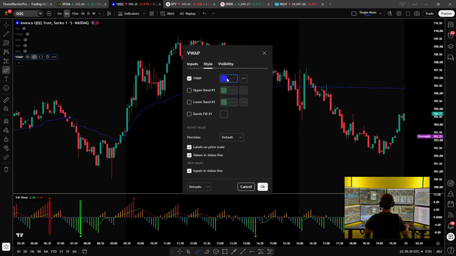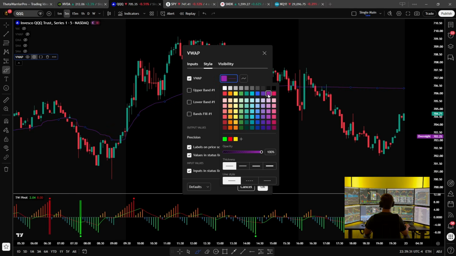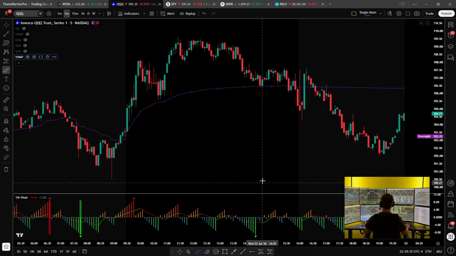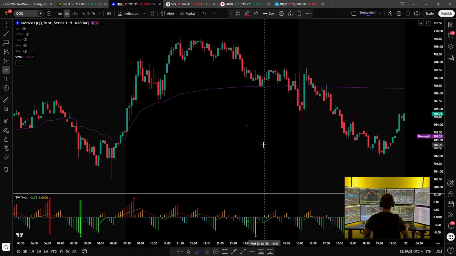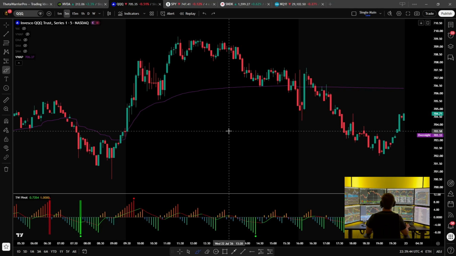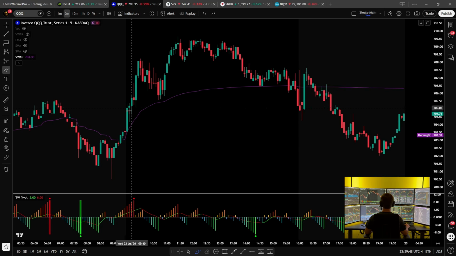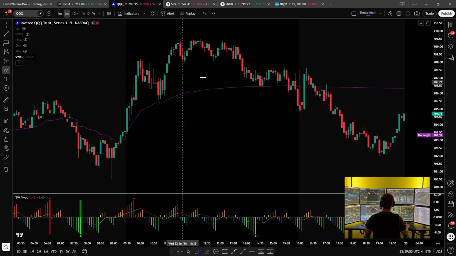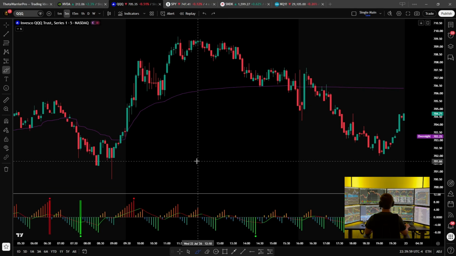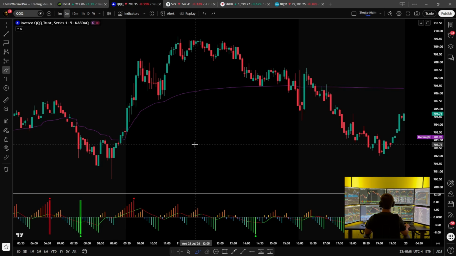Now, personal preference, I like to make this purple. You can make it green, blue, yellow, doesn't make any difference. Whatever your eyes like to look at on the chart, that's what color it should be. It's not going to change the inputs, obviously. It's just totally whatever you like to look at. For me, I like a black background, red and green candlesticks with a purple VWAP. Works great. All right, so now that we've added it to the charts, what are some key things to note